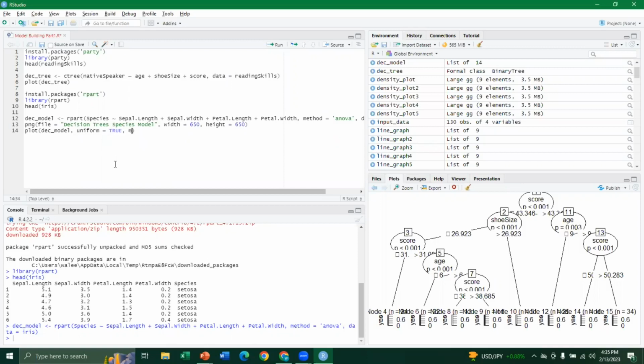and then I say main equals, which is going to be the title of the plot, species using decision trees. All right. And after the plot, I use the text and I say tree model, and I say cex equals 0.8, and I say use dot n equals true,